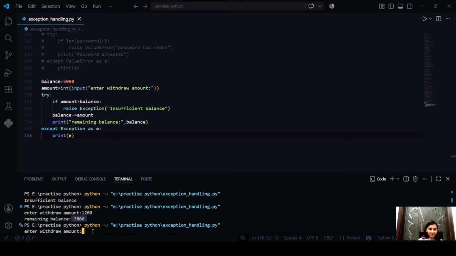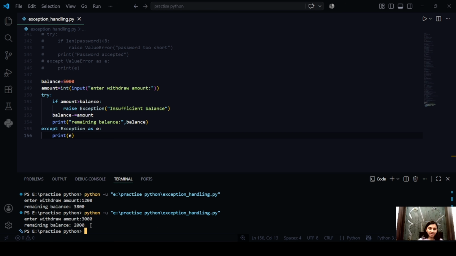Let us take another example. This will be our last one. Supposing I want to withdraw 3,000. So the remaining balance would be 2,000 that would be left back in my account. So it raises an exception when the balance is insufficient, right? If you try to attempt to withdraw an amount which is greater than your balance, you will get an exception of insufficient balance. Now that we are done with all the concepts about exception handling, I hope you are clear